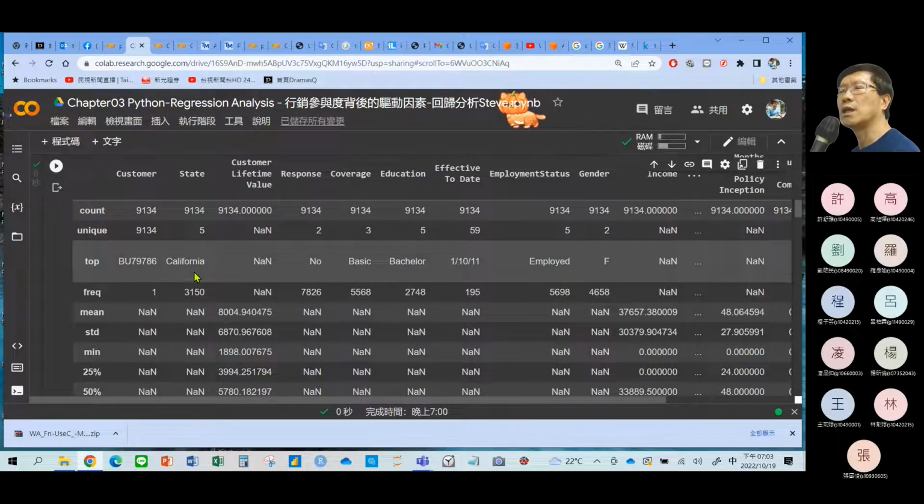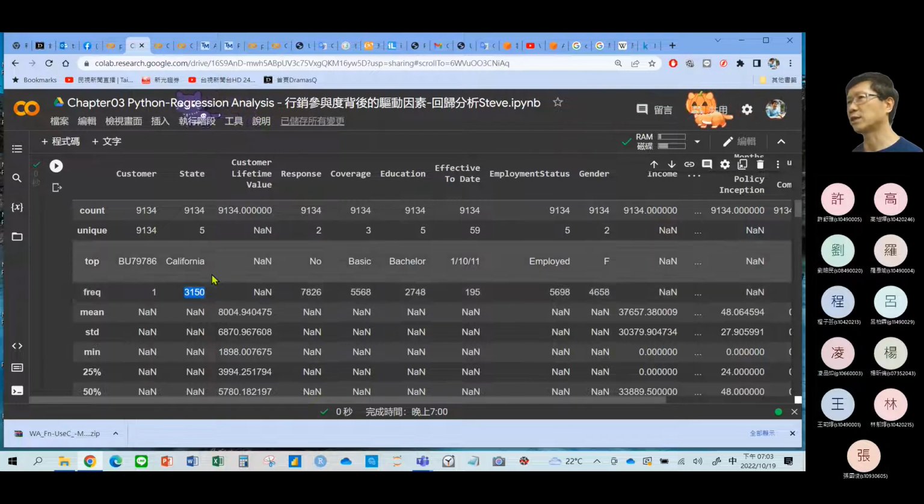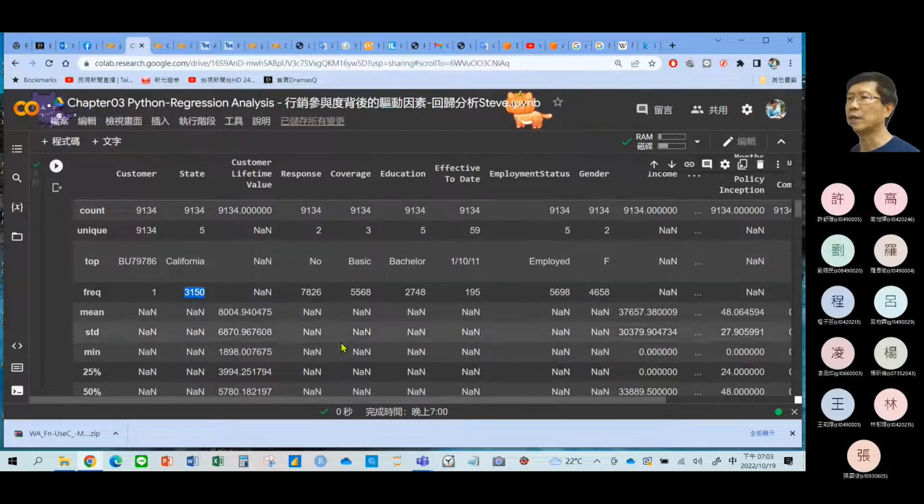好，那 frequency, top，最先碰到的了，OK，the first state is California 加州。So its frequency is 3,150, 3150个人 come from California，啊，就是加州的人数呢是占了大概1/3，对不对？一共是9000人嘛，所以说大概加州的客源就有3000多个。